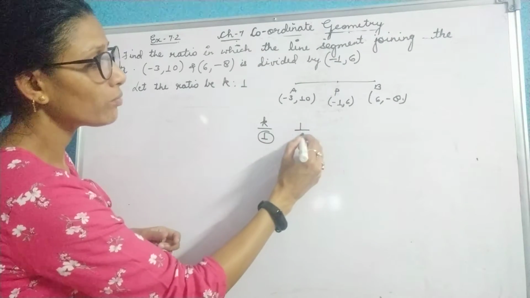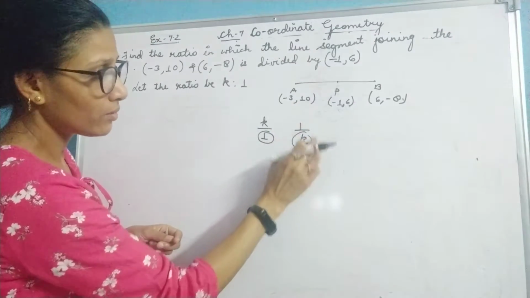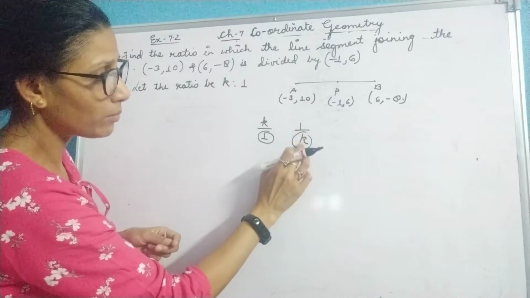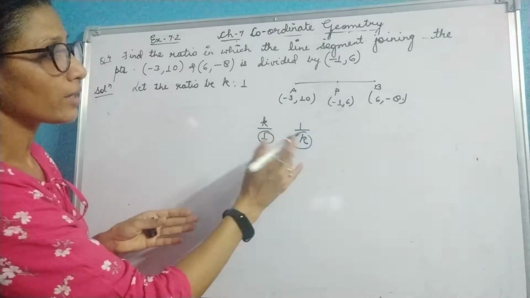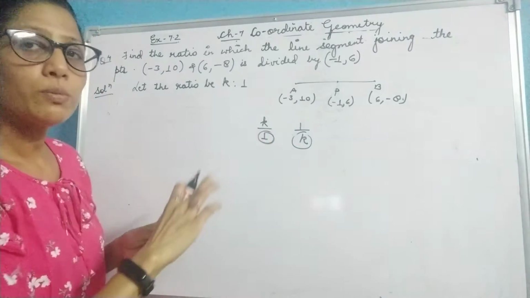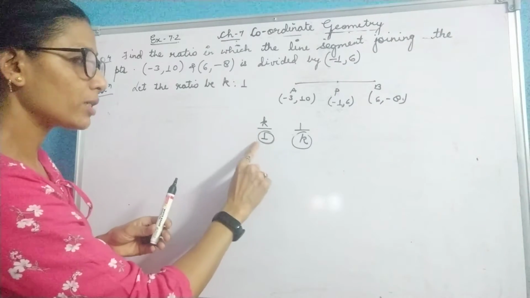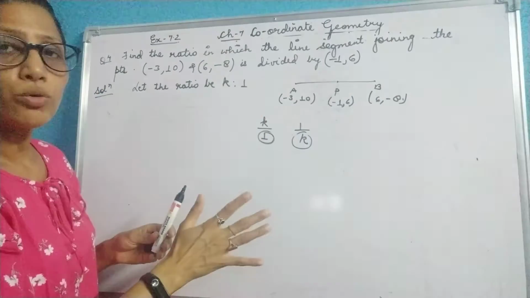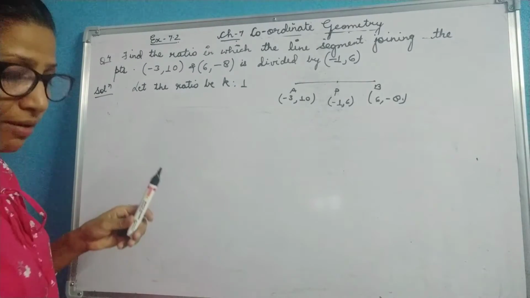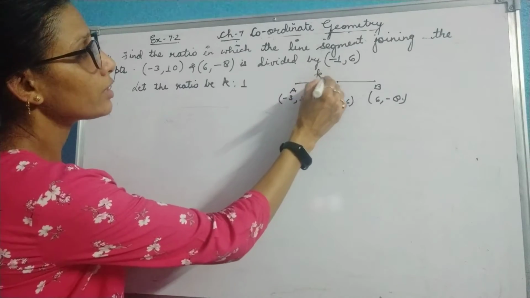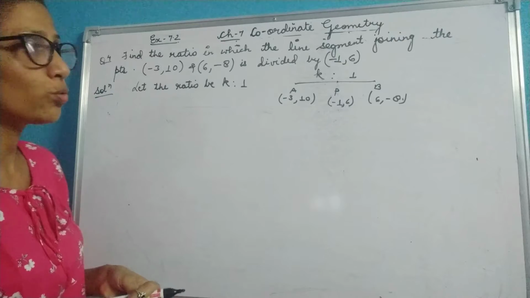Why don't we write 1 by k? Because this is the ratio which gives the denominator. If I take it as 1 by k, then it will come out as just the reciprocal of the given thing. So the denominator should always be taken as 1. That means the ratio should be considered as k:1 only, because 1 doesn't alter the value of the ratio. Fine. So this is the first line we will be writing every time. That means this point P is dividing the line into k:1 ratio.